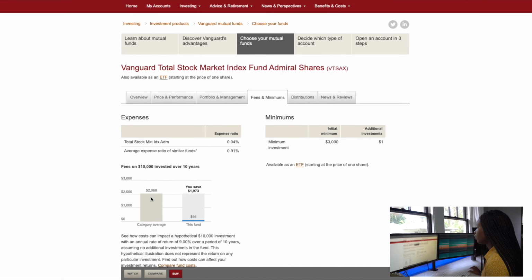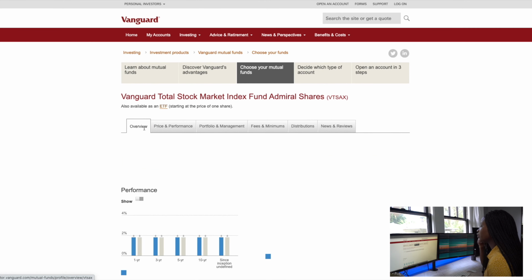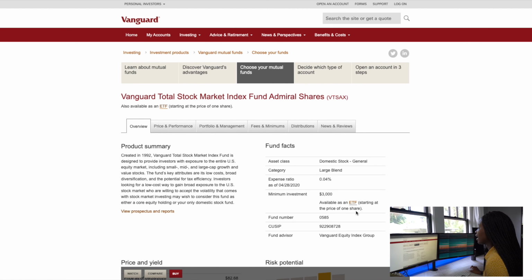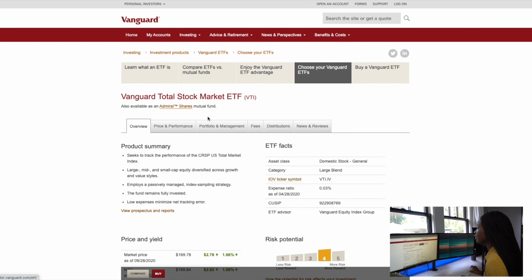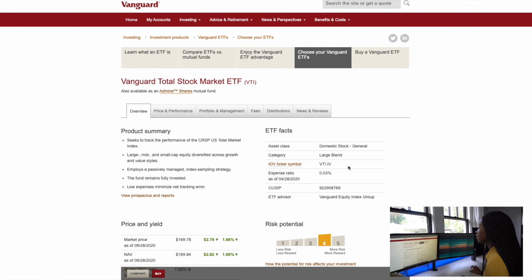All right, so if we go back to overview, let's take a look at the ETF counterpart real quick. So this is VTI. As you can see here, even with VTI and VTSAX tracking the same index, the ETF is instantly cheaper by 1 cent, but nonetheless cheaper.